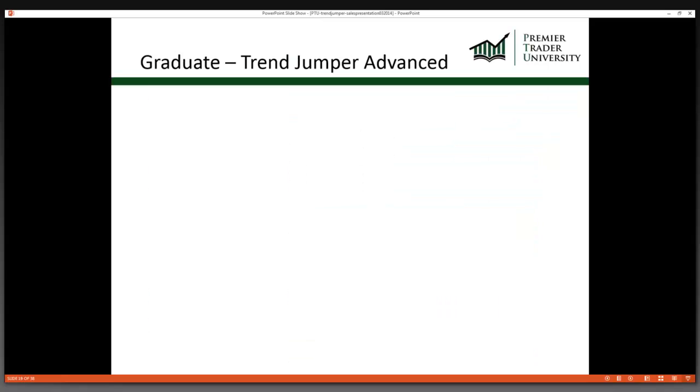So then we move on to day 2, and this is what we call the graduate level, the Trend Jumper Advanced. Now, if you're on Trend Jumper and you've never attended like our boot camps and anything like that, this is all going to be brand new for you. Obviously, if you're not on Trend Jumper at all, this is all brand new,